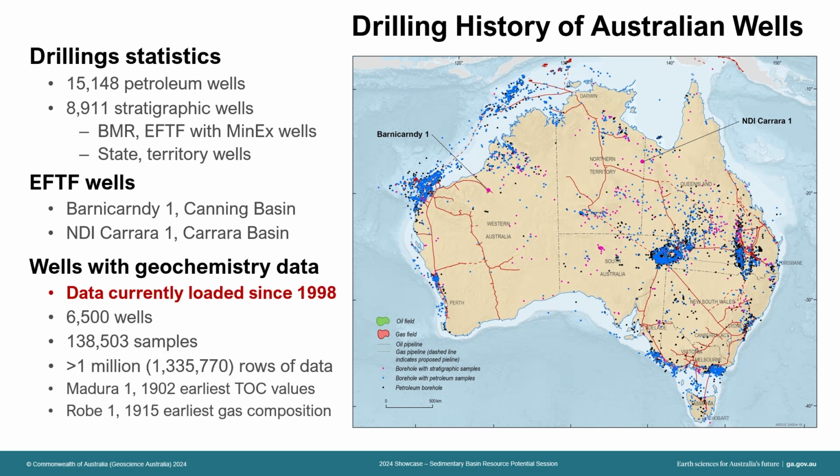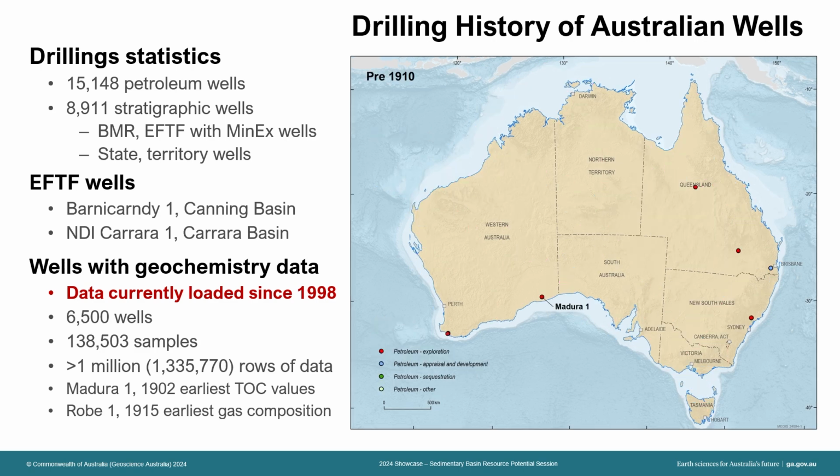We have loaded geochemistry data from over 6,500 wells, which comprises some 138,000 samples and over 1 million rows of data. Not all wells have sample data, but there is still a lot of data to be captured. Hence, our data tables are not yet complete, but they are live, data is being added, and the web services update overnight. The Oracle and pyrolysis and gas data tables have been running since 1998,